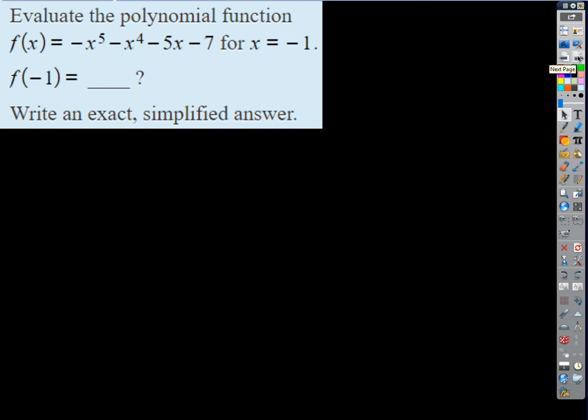So let's do this one together then. We could just go through the synthetic process instead of having to... I agree, in this case it's pretty darn easy to just put -1 in for x. But keep in mind that it's not always that easy, right? So if we just make our little synthetic bracket, what's the zero of the denominator? Well, it's -1, right? So the -1 is going out front,